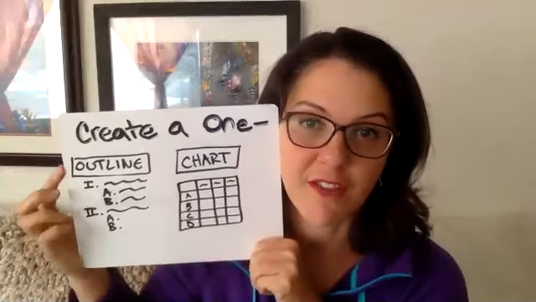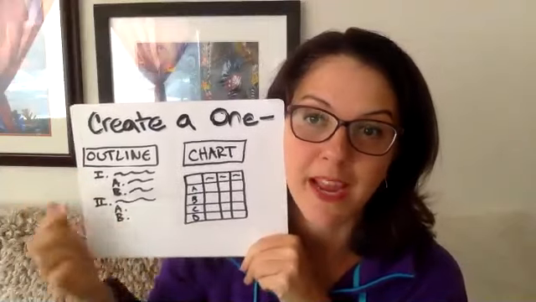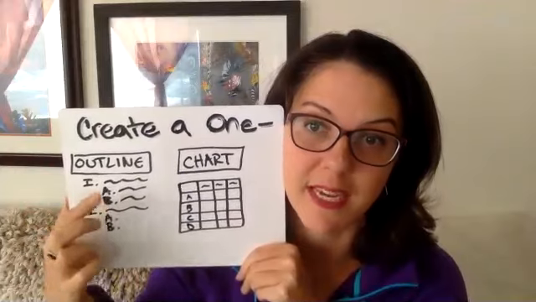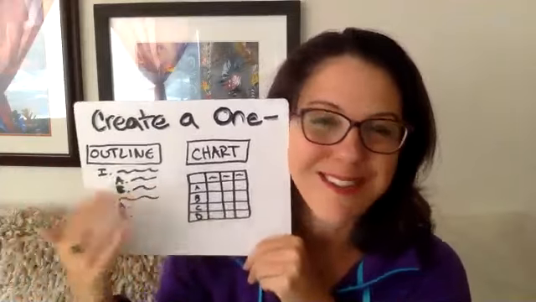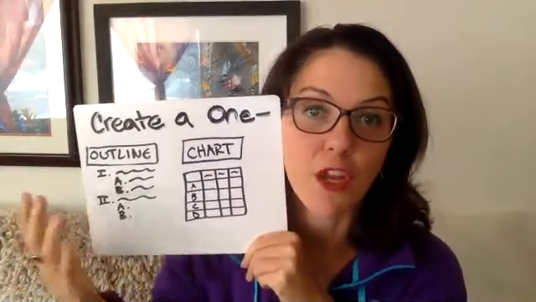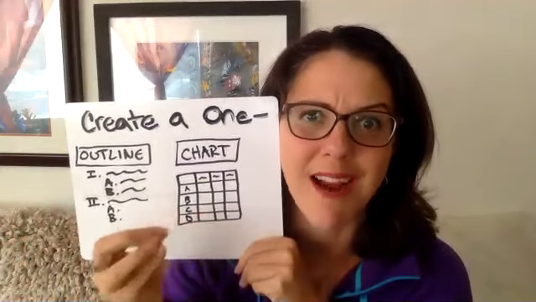So my first suggestion for our more linear thinkers is to just create a one-page outline in the traditional Roman numeral 1, A, B, C, 1, 2, 3, Roman numeral 2, A, B, C, 1, 2, 3, just based on the headings of the slides if you need to. You can use the teacher's format, or you can even look at the slides and see what is the right kind of